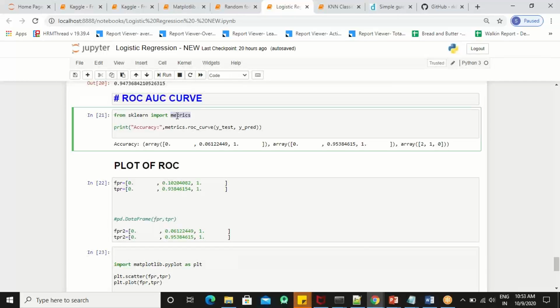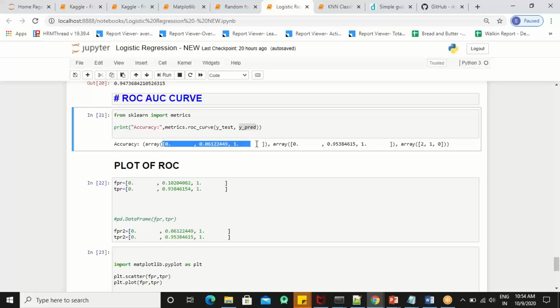And how to plot this curve? Very simple. You have a function known as ROC curve function, wherein again you pass the data that you pass to the confusion matrix. Okay, and it gives you 3 arrays as output. Okay, the output that's coming here are, guys, 3 arrays: first array, second array, and third array. Okay,